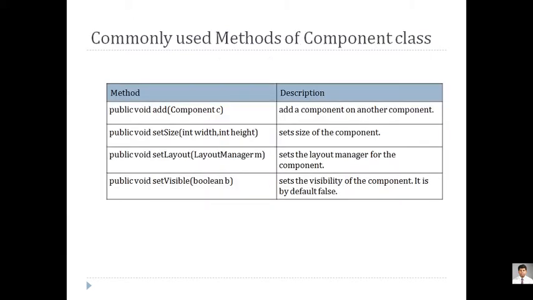We have also seen that whenever we start writing any designing code, we always prefer to get it displayed by using four basic functions, that is the add function, setSize function, setLayout function, and setVisible function. These are all applied to the container classes. So we are adding all the elements on the container. We are setting the size of the container, we are setting the layout of the container, and we are setting that container visible. So all elements will be visible by using setVisible, and all these functions we are forced to implement on your container, that is nothing but your frame.